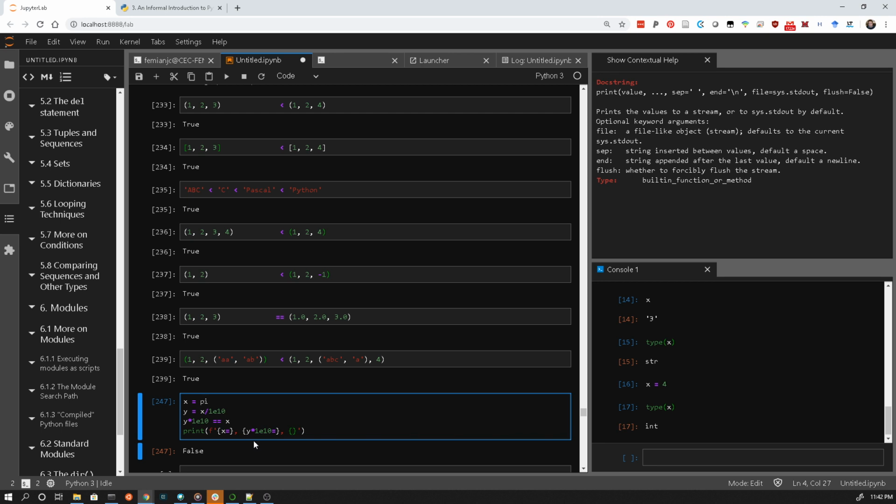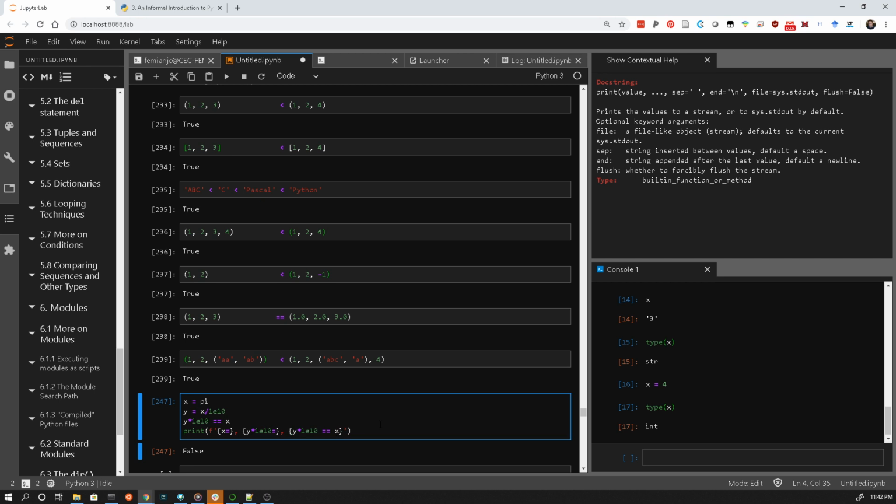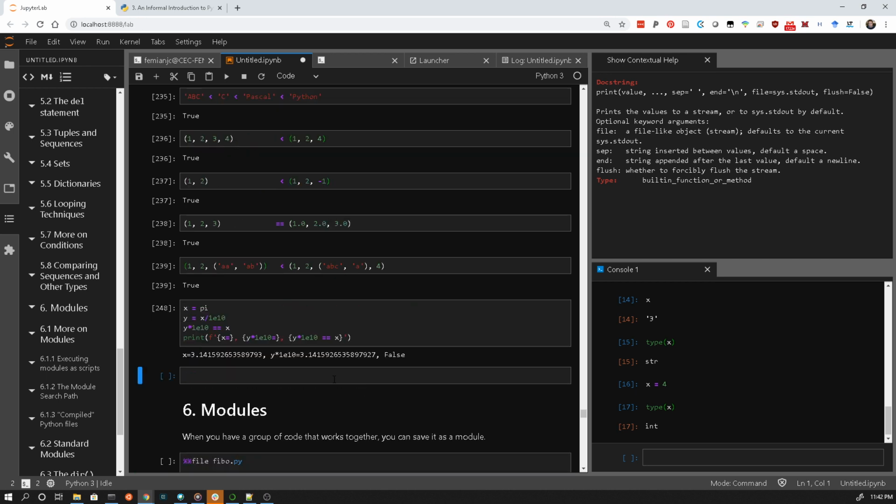And I can say this whole expression. Let's see how that works. There we go. So if I hit Shift Enter, here x is pi, and y should be pi in